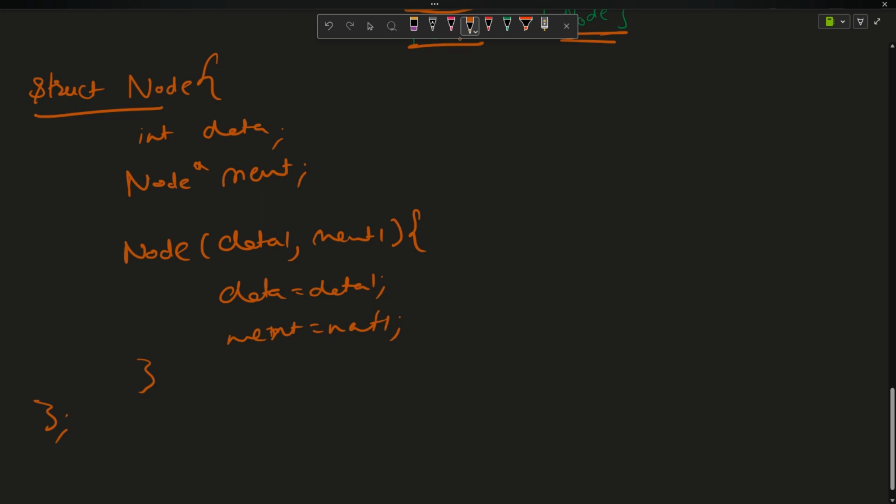Whenever I call the struct node, whenever I make a new node, this constructor will be called automatically. And this data1, which I send as an argument, will be assigned to the data of the node, and this next1 will be assigned to the next of the node, right? Now how will I make